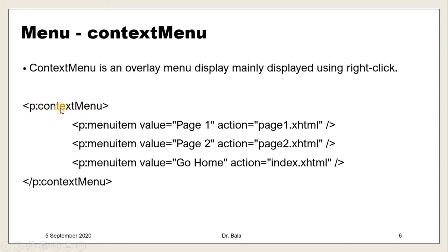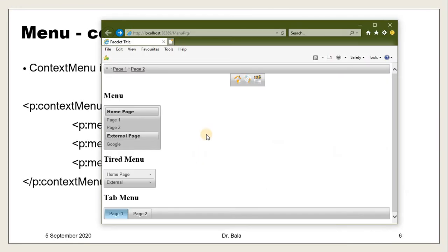Previously we said breadcrumb. Now we used to say contacts menu here, and we will say our menu item with the value, and we used to say an action. Previously we had a home that we are not showing, but we can show home also in the shortcut menu. That will also appear in the menu, but previously that was showing only an icon. Let me show the display here.